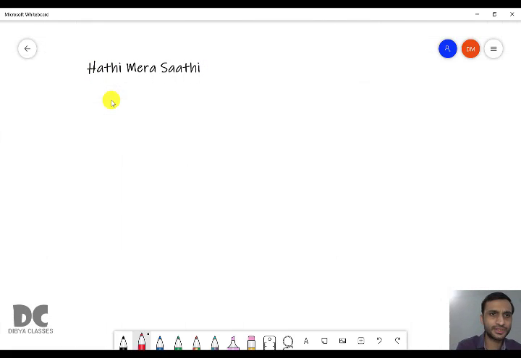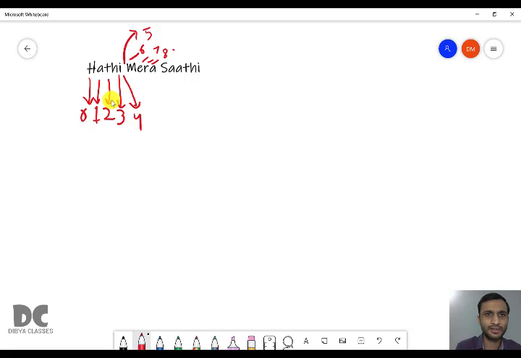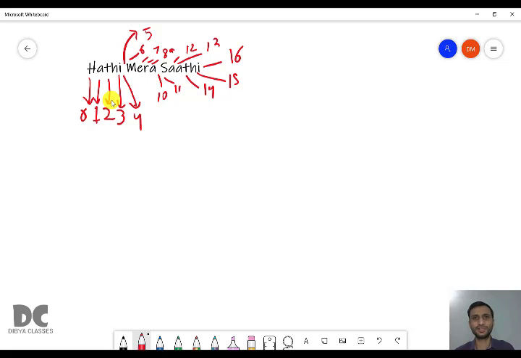If you write down the locations, H is 0, A is 1, T is 2, H is 3, I is 4, this space is 5, 6, 7, 8, 9, 10, 11, 12, 13, 14, 15 and 16. So these are the locations of the string.